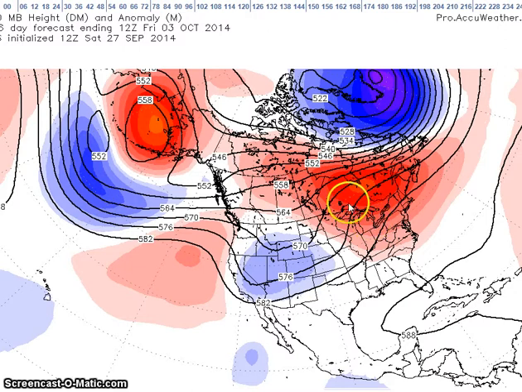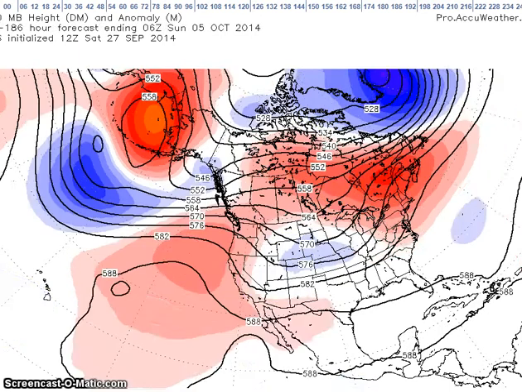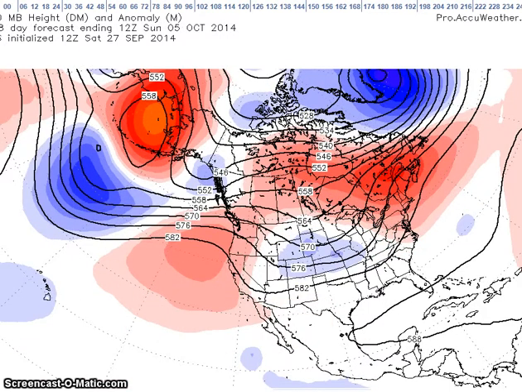We have above normal heights here over eastern Canada and the eastern U.S., and we have a trough here over Greenland. Now this is a GFS, and we're going to go forward in time. You can see that the flow starts to broaden, so we'll have below normal heights here, above normal heights here, and along the west coast. We have an area of strong positive height anomalies north of the Aleutians.